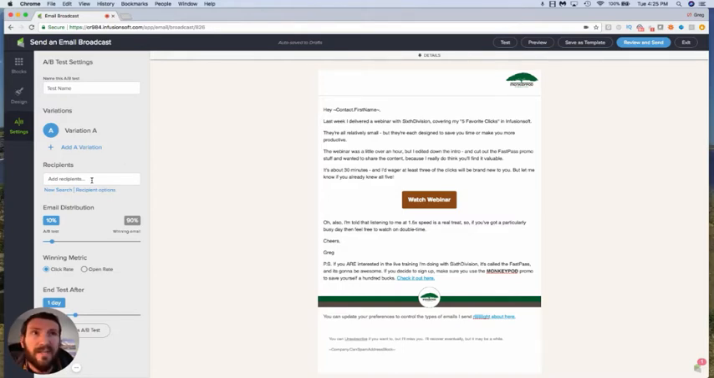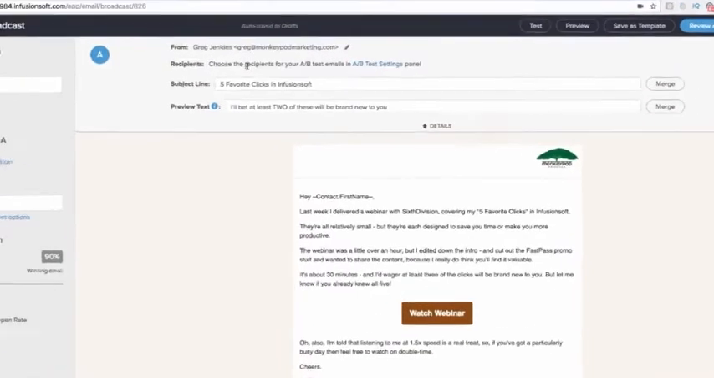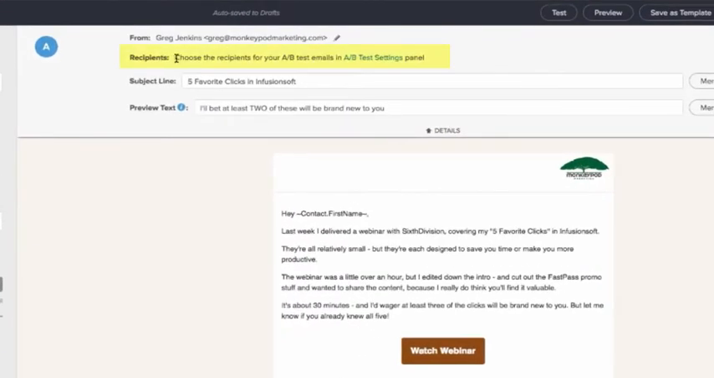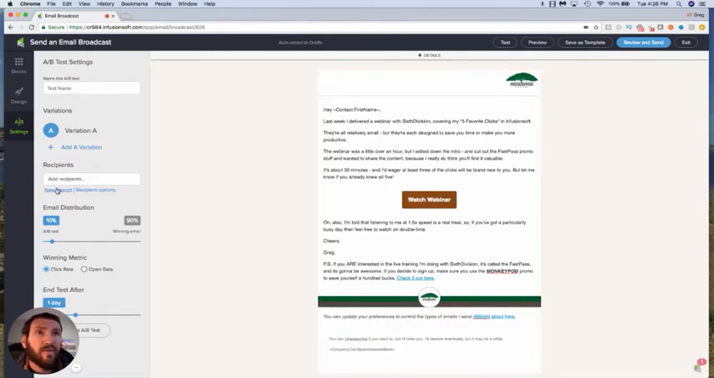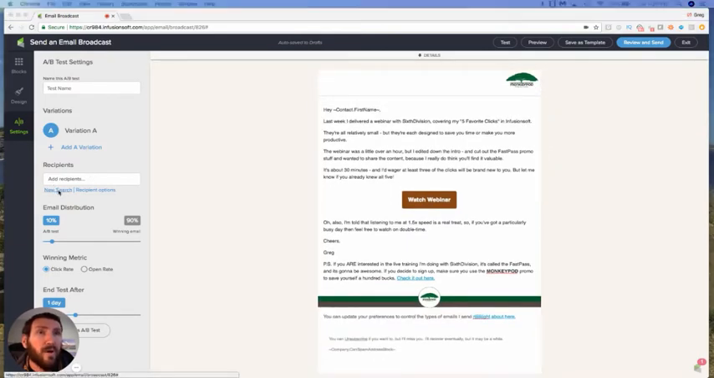I didn't end up using it, but I do know that you set the recipients here. So rather than up here, you can see now that I've enabled it, it says choose the recipients for your A/B testing in the settings panel. And it's got the version A. So I'm imagining once I add a variation, it'll give me a version B and I can edit that as well. So let's do my new search for recipients